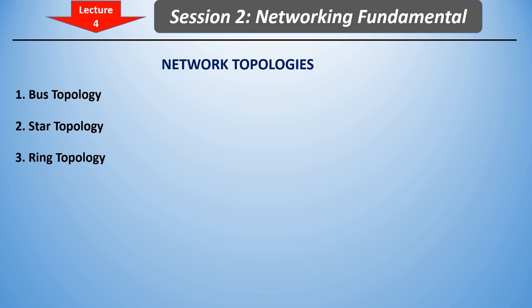Next topology is mesh topology. In mesh topology, each node is connected to every other node in the network. In this topology, every node not only sends its own signals but also relays data from other nodes. This type of topology can handle a large volume of traffic. It is commonly used in wireless networks.